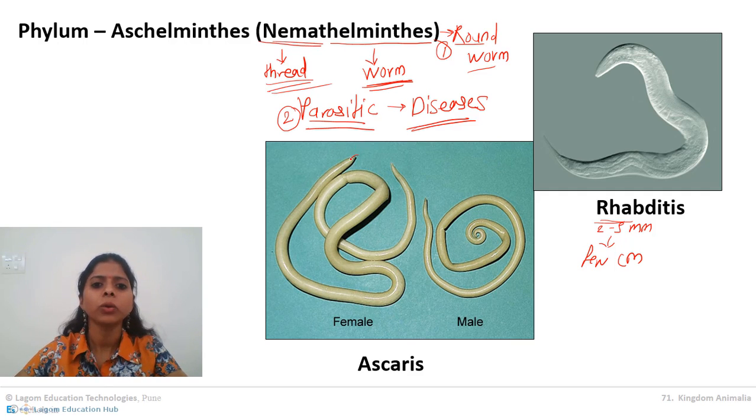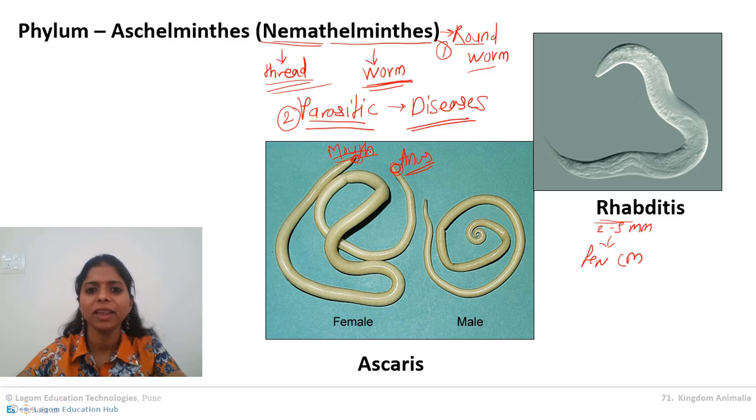they show a complete digestive system with mouth on one side and anus on the other side. They have a mouth at one end and an anus at the other end. Here there will be a mouth, and here somewhere, I am not saying exactly, there will be an anus. So these animals have a mouth and anus at two different ends, and in between they have a complete and well developed digestive system.